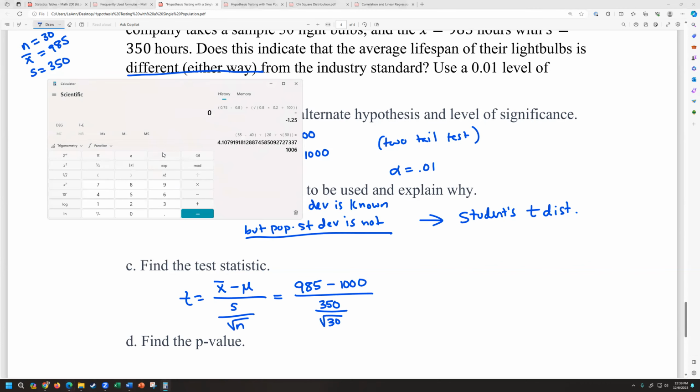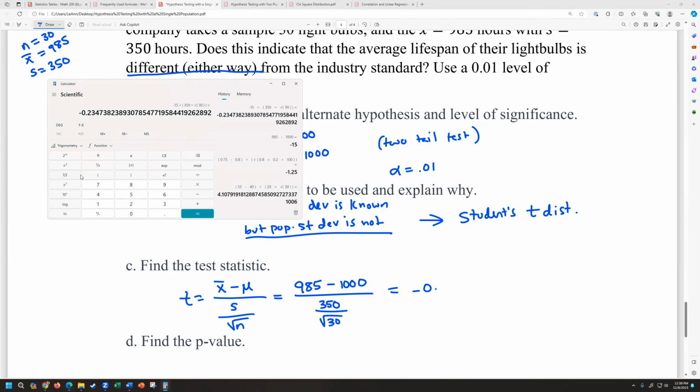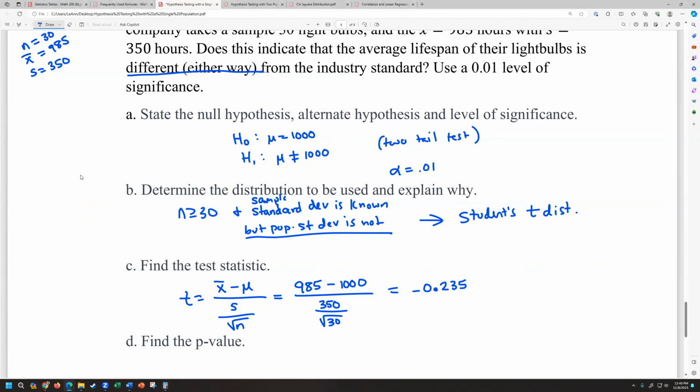Okay, so let's see what we get here. So 985 minus 1,000. I should have put that in parentheses, but that's okay. Divided by parentheses, we have 350, and then it's divided by the square root of that 30. So 30 square root, close the parentheses, and we get that is negative 0.235. I usually go to 3 decimal places when I'm dealing with the student's T. Okay, so this looks like I'm not probably going to reject my null,